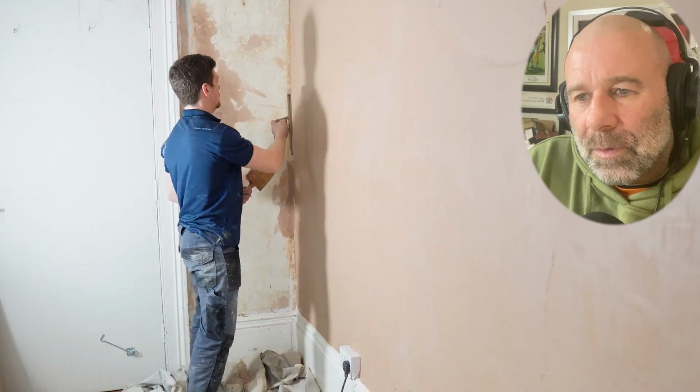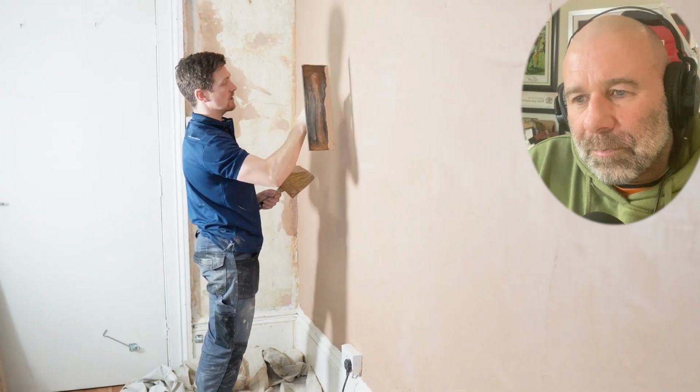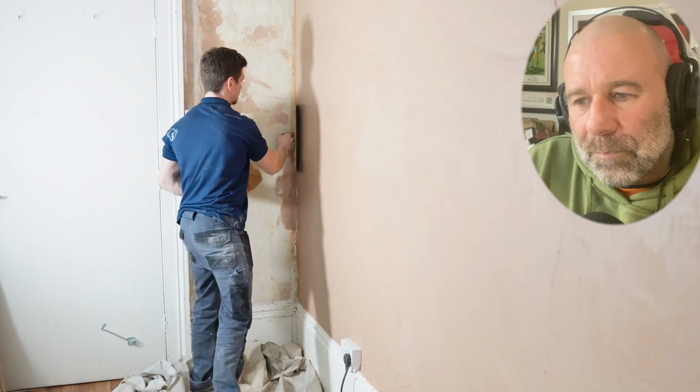And what we're going to do is keep that angle the same. You don't want to wave around. You don't want an open trowel, that's just going to pull all the plaster off. We want to keep the trowel quite close. What I'm going to do is just...